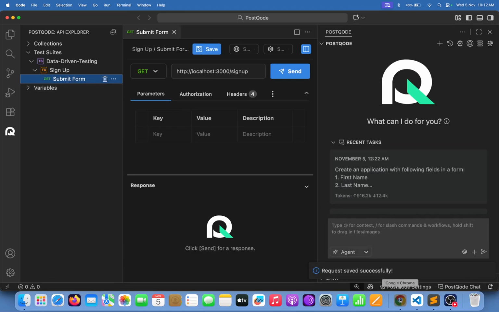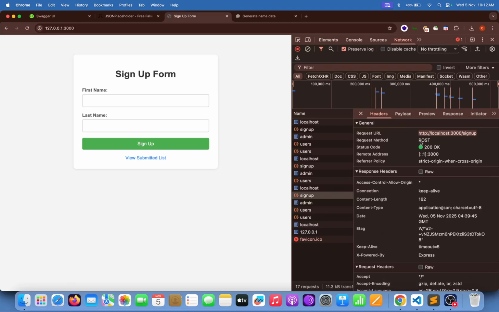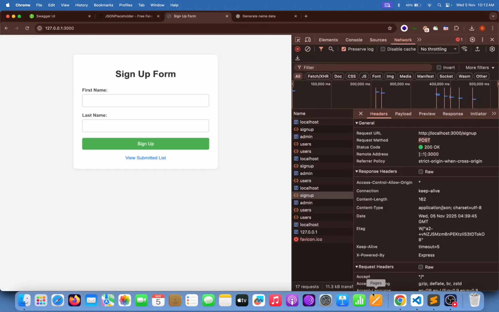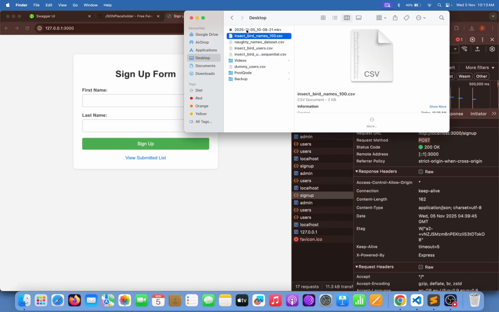Now again, I'll go back here and see what the request method is. It's a POST, because we're posting the data to our server. So we'll go back and change this to POST. After this, what do I need? I need a dataset. Where is the dataset file? That is here, which is called as